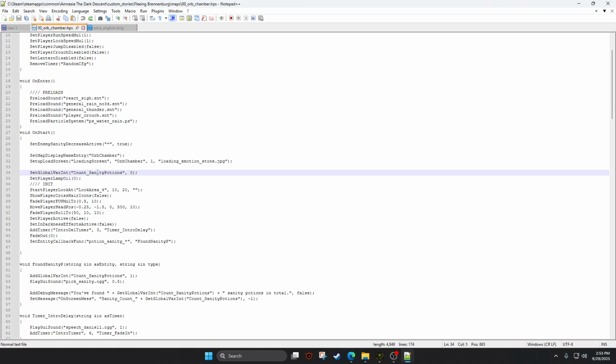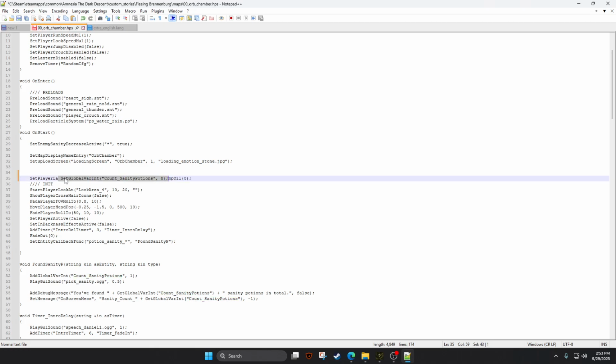This is for the counting of the sanity potions, so you don't need to put each time that you found a sanity potion. Because when you, for example, don't take the sanity potion in the orb chamber, and you take it in the inner sanctum, then there would be 2 out of 10, right? So this is a set global var, this is a count sanity potion. I'm not sure if this is